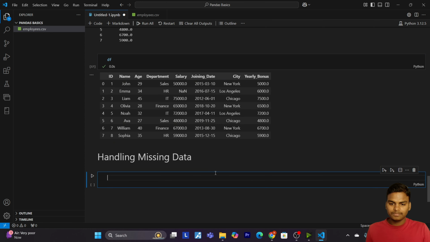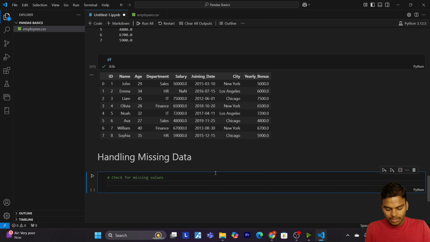For this, first I will check how many null values are there in my data sets. So for that, let me write check for missing values.